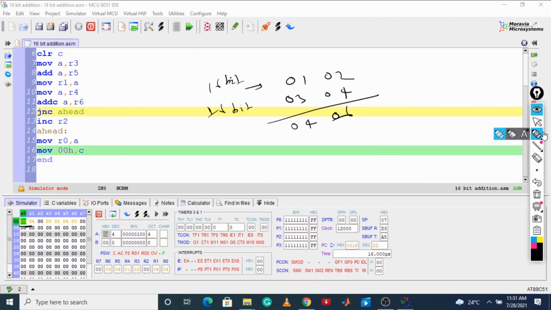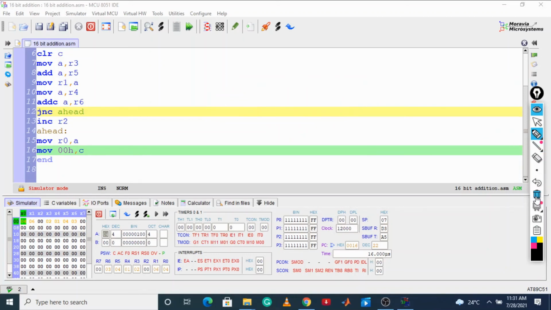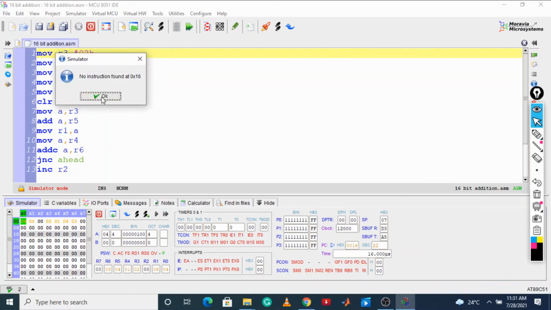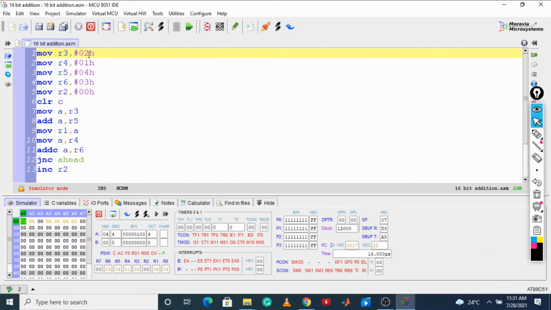Now if you want to add another number, let me delete this one. We are just going to change our number. In place of this, I am taking the highest number that we need to simulate this. Put your number here.